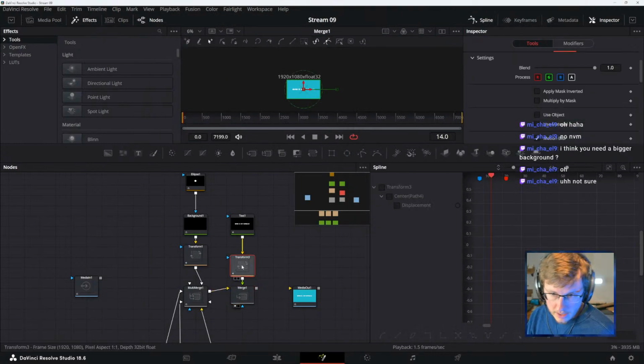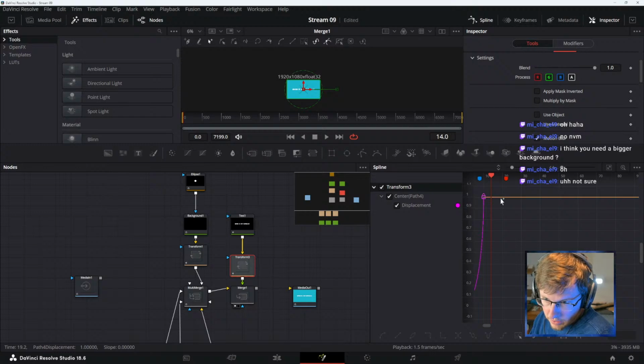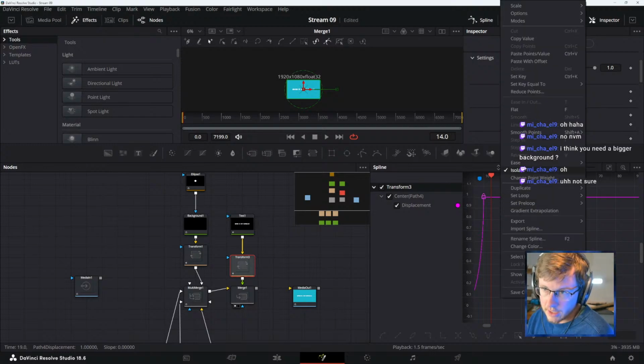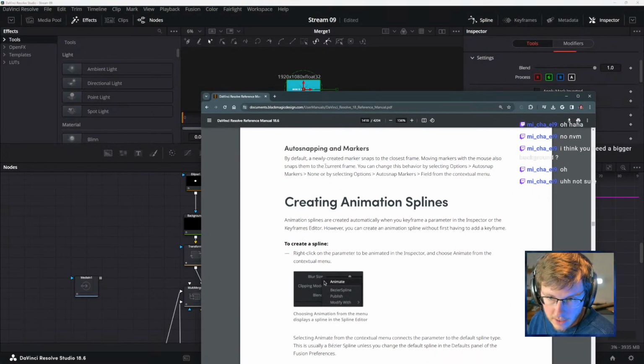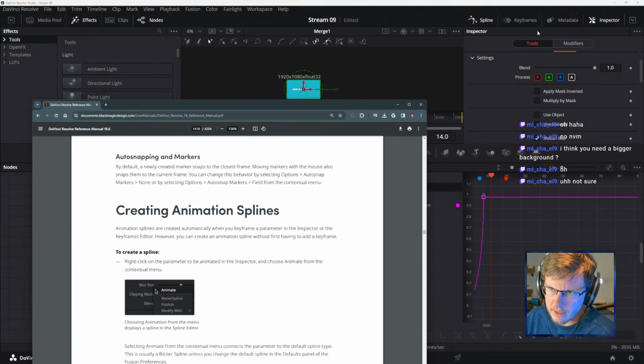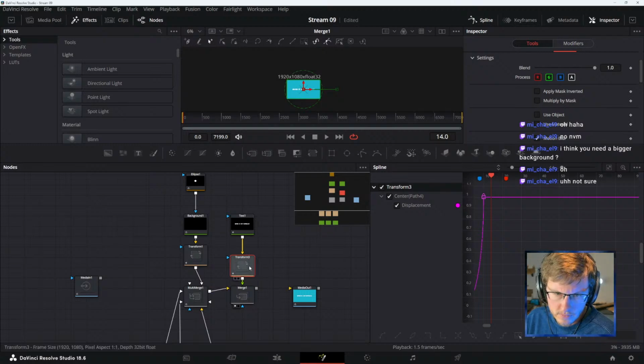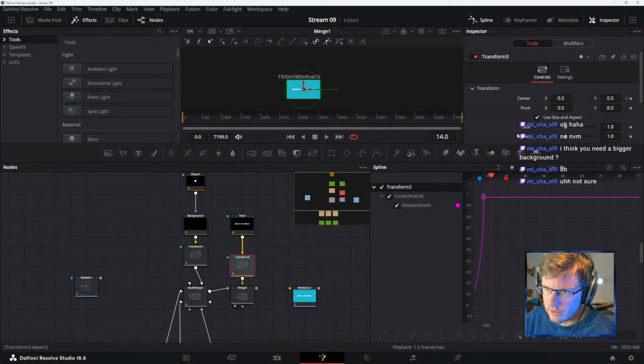So in a spline, you have them here, you can right-click and they say, right-click on the parameter to be animated in the inspector and choose Animate from the context menu. Oh, in the inspector. Okay, yeah, we've been doing that, just like normal.